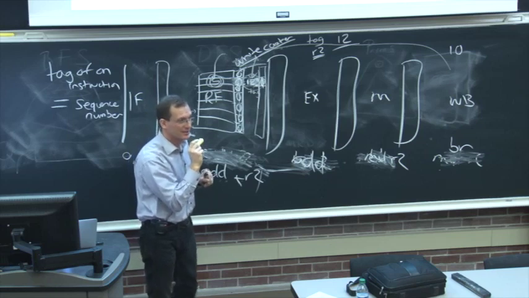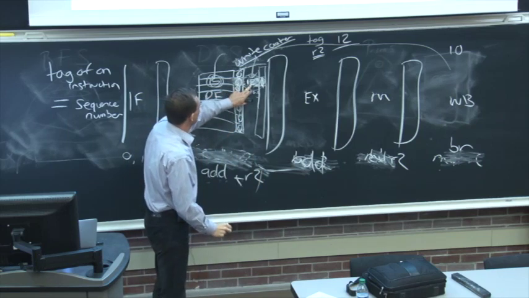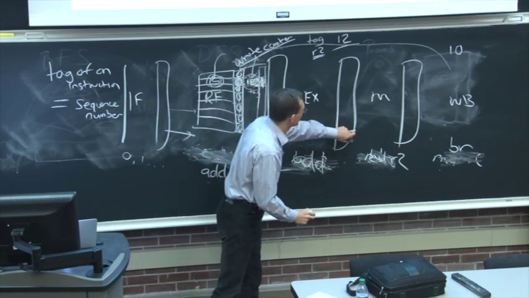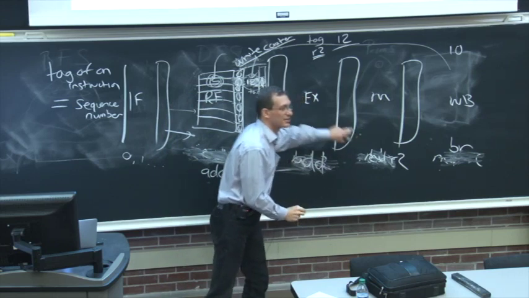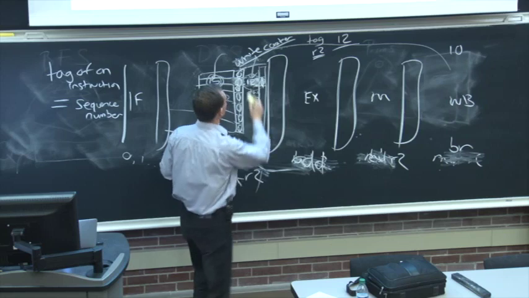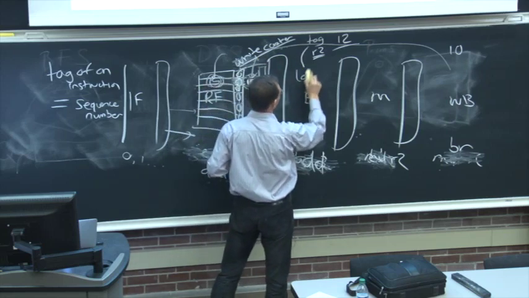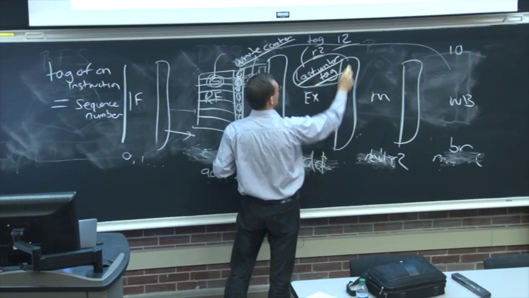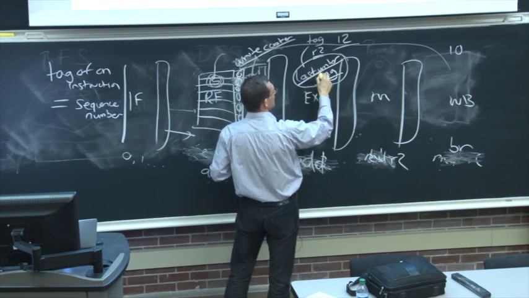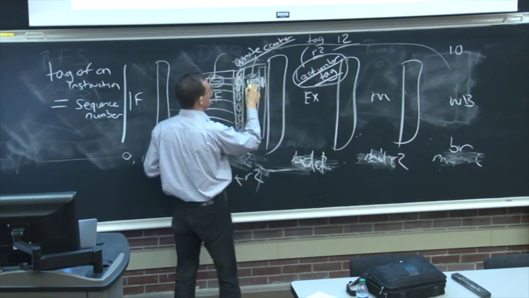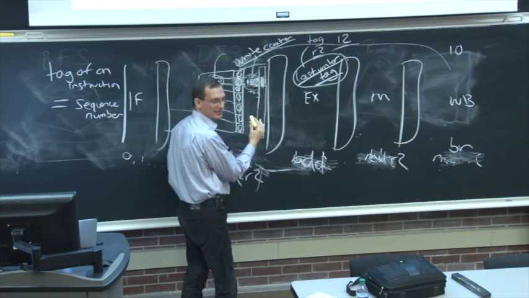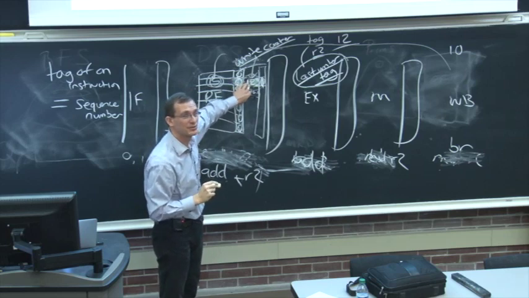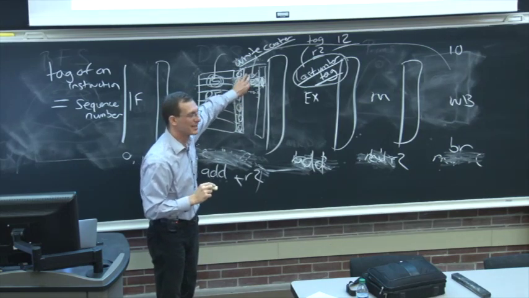Make sense? So what we've done right now is added a tag to ensure that the correct writer writes to the destination register, right? You can think of this as the last writer tag. This is the identifier of the instruction that's going to write to this register last in the pipeline, semantically. This is important because we'll see how this is useful in out-of-order execution. This is what enables